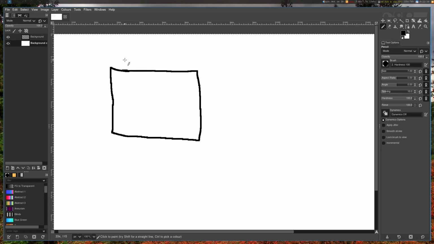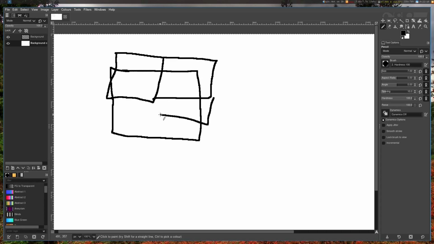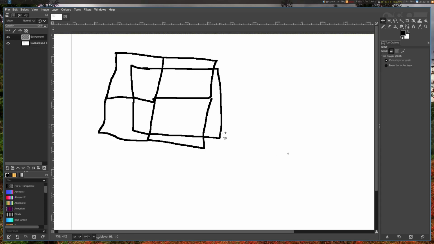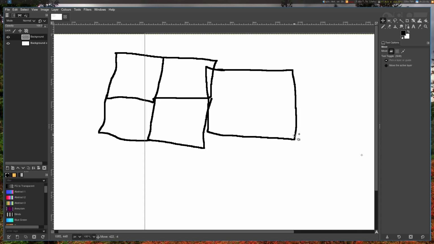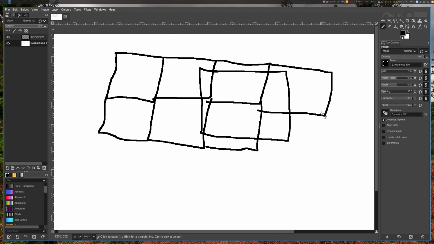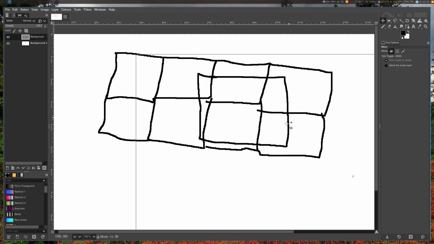Basically, say these are our sectors here. Excuse my bad drawing. Wow, this is really bad. Say these are sectors and this thing in front is our viewport. Then, as the viewport moves over this way, it'll generate more sectors to fill the viewport, right? Like this. Then, as the viewport moves down,